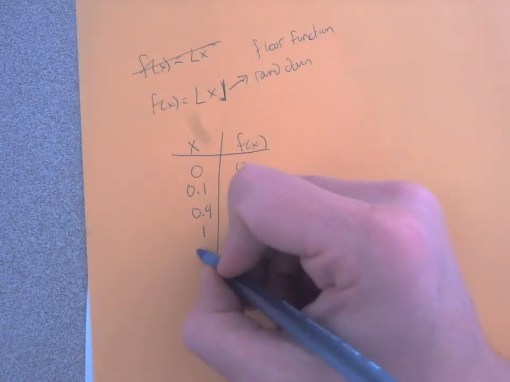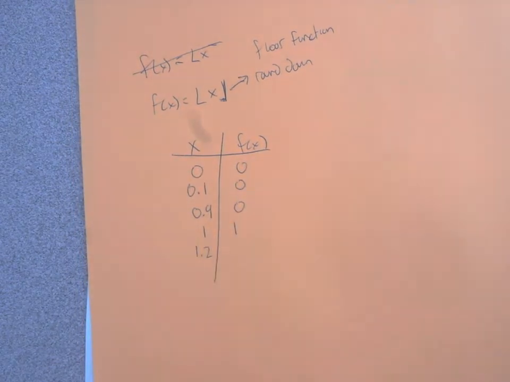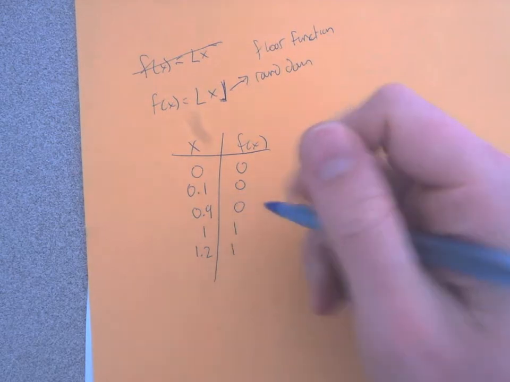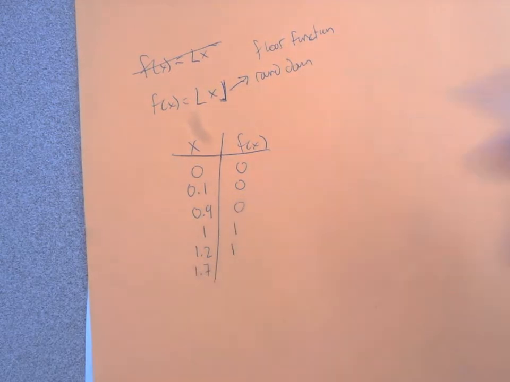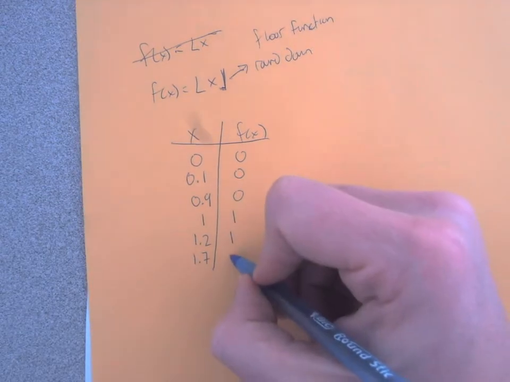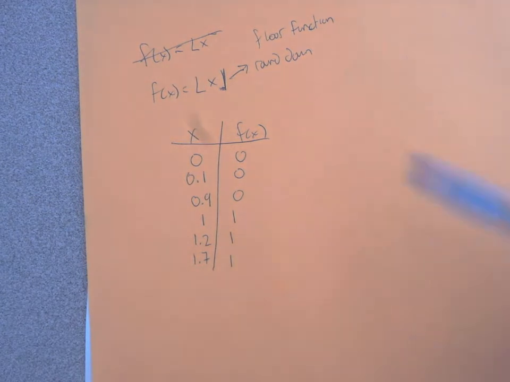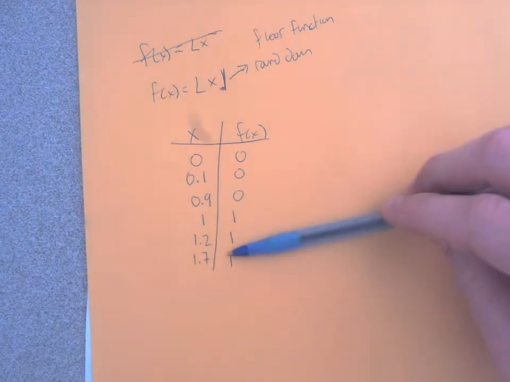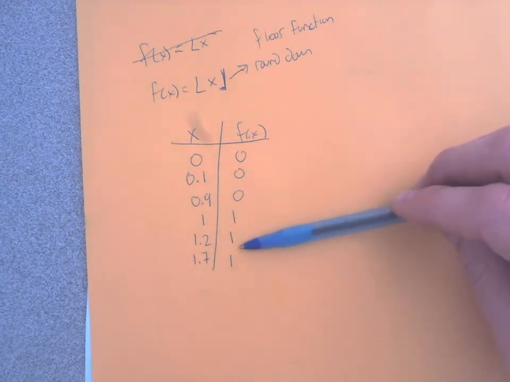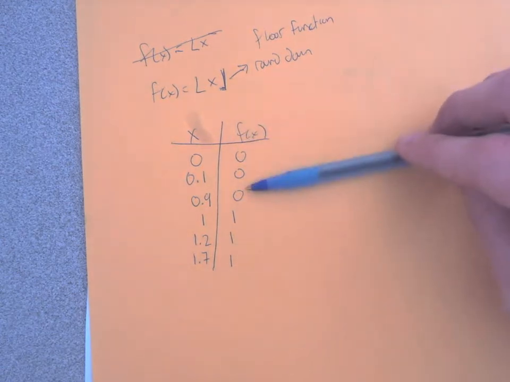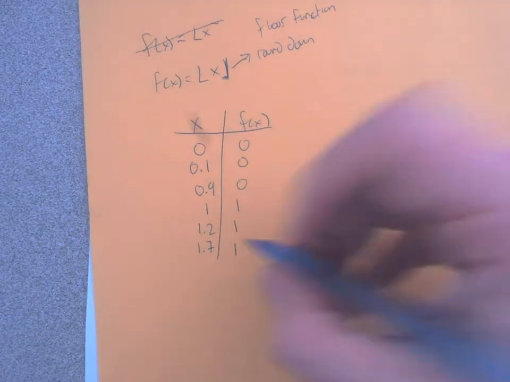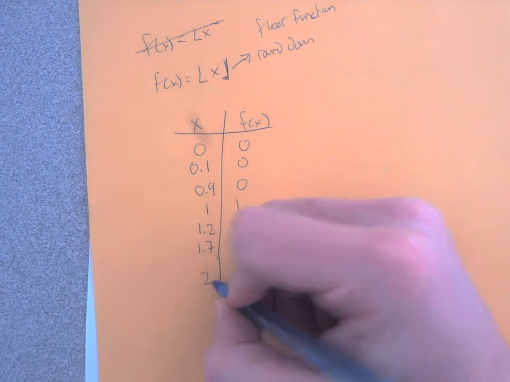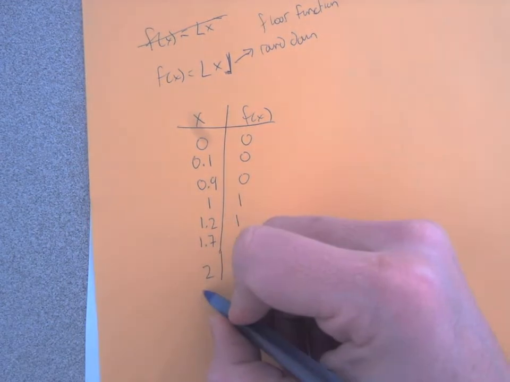I don't have to round it. If I put like 1.2, for example, I would round down to 1. If I put like a 1.7, again, just as an example, I would round that down to a 1. So anything between 1 and 2 gets rounded down to a 1. Anything between 0 and 1 gets rounded down to a 0. Okay? Once I get up to 2, that just stays a 2. And then